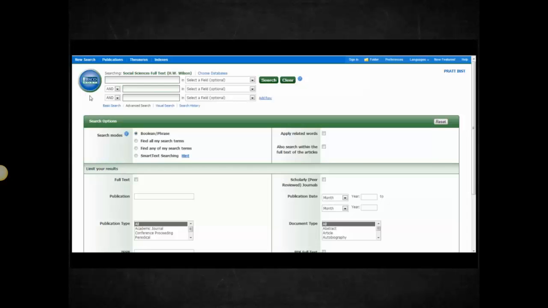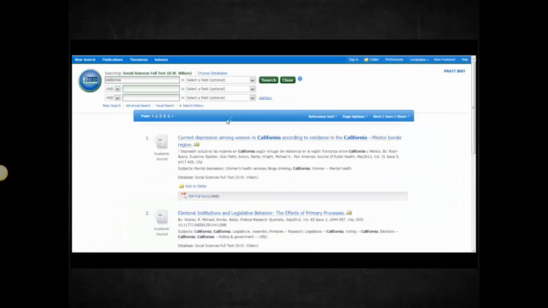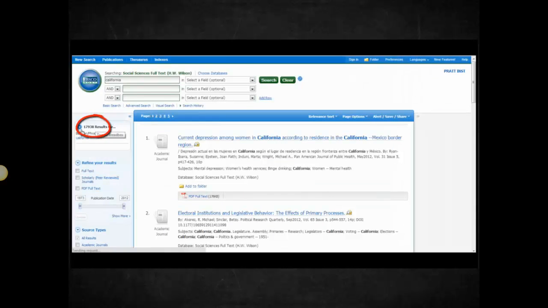Let's try a search in Social Sciences Full Text, keeping in mind our topic of comparing local and state government in California. Let's also remember what we just learned about Boolean searches: and, or, not. If we were to start with only searching California, we come up with many results because we haven't linked it to anything. In fact, we come up with over 17,000 results just for California. If we were to search county government,